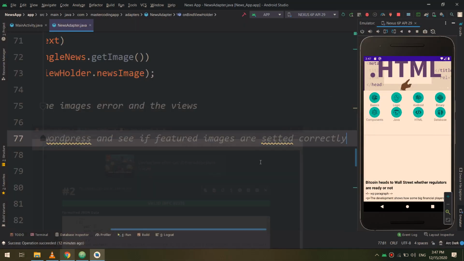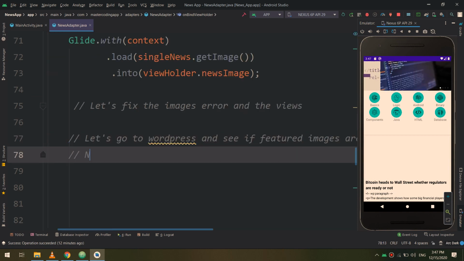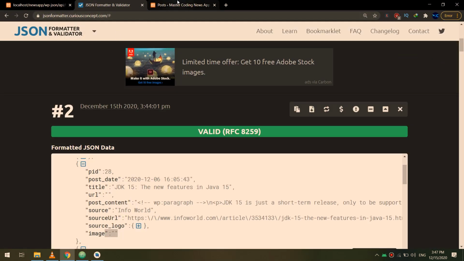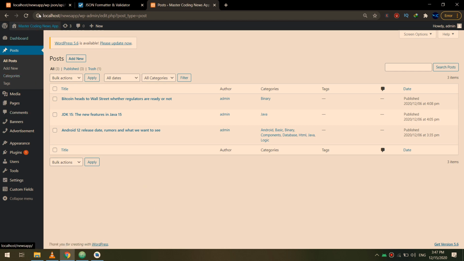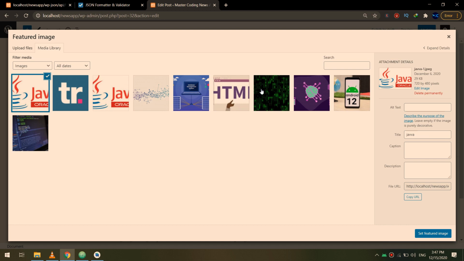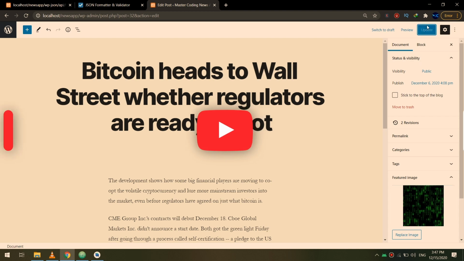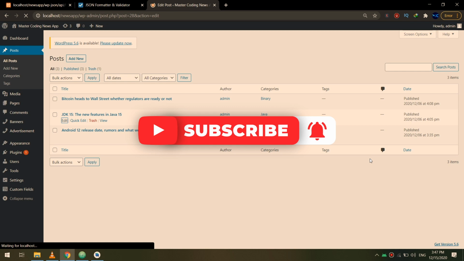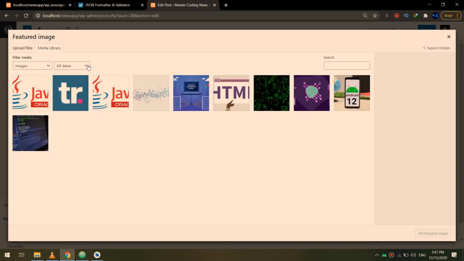Inside the WordPress, we have not set it, because if we go to the JSON file, we are getting a null and an empty string. So there is no image displayed inside these posts. Now let's go to the post. I have replaced this; I have set it before. So I have to add the featured image inside every